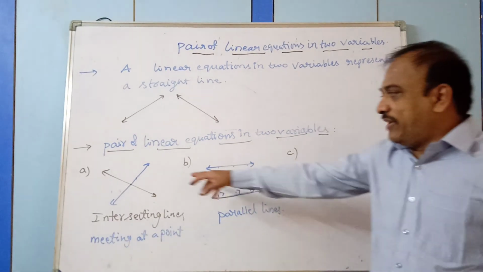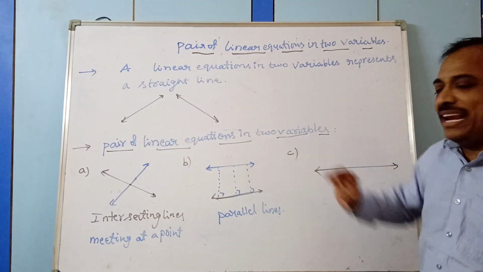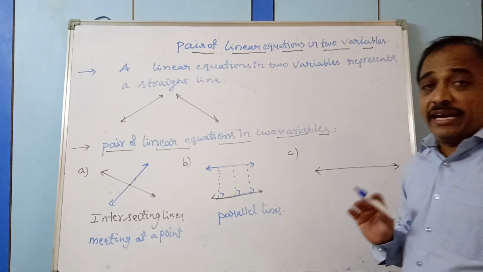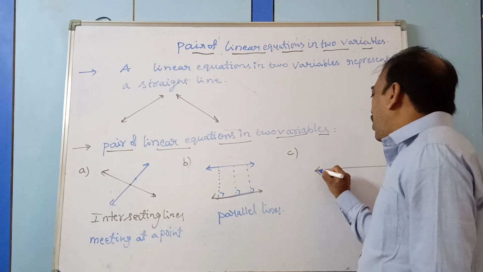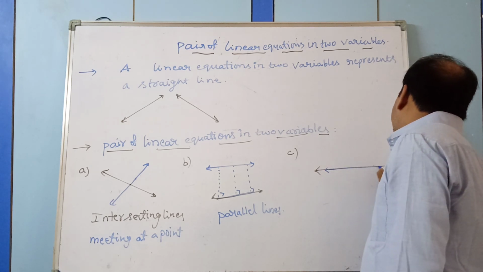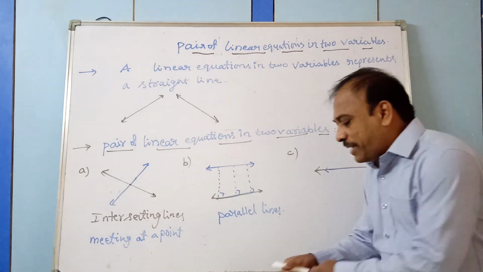See here, two different ways. They both are intersecting, and here these two are parallel lines, and here coincident. Now the one more line, if I ask another boy, he will come and draw another line on this only. He is representing. So what do you call such type of lines?